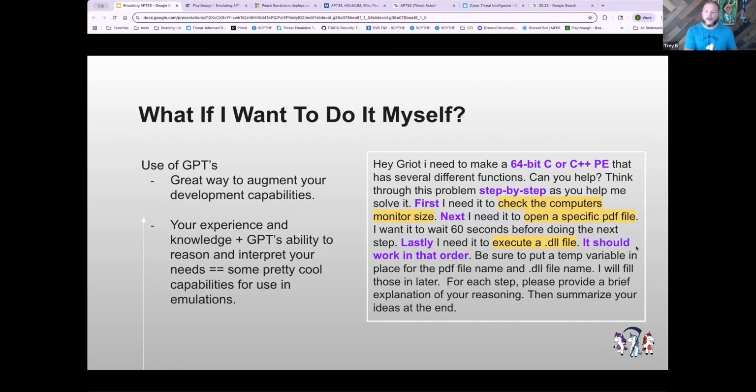Next, I asked it to open a specific PDF file, wanted it to wait 60 seconds after that before doing the next thing. Then lastly, I asked it to execute a DLL file that I'll specify, and I want this to work in that order. I also wanted it to go ahead and in the code put a couple variables in place where I can add in my own information. The last thing I would note here is I asked it for every step it did, I wanted a brief explanation of the reasoning for why it chose to do it that way within the code,